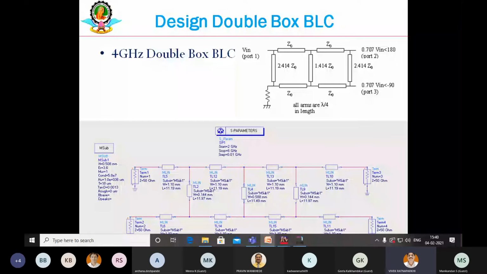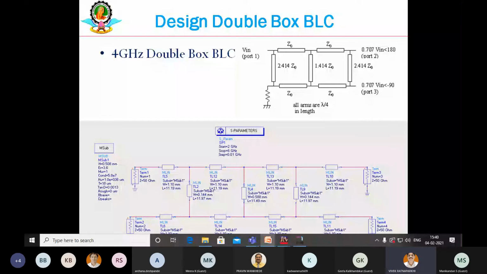Here is the double box, and the equation will change a little. It will be 2.414 into Z0. Central impedance will be 1.414, and again the last one will be 2.414. All the rest of the transmission lines are of Z0 impedance. All transmission lines are of length lambda by 4.